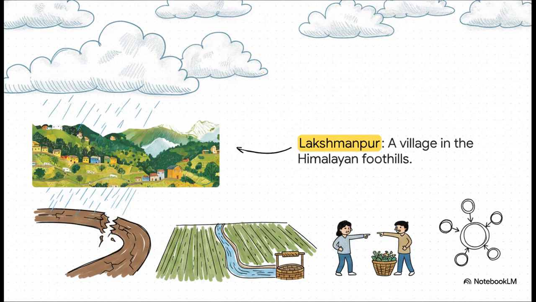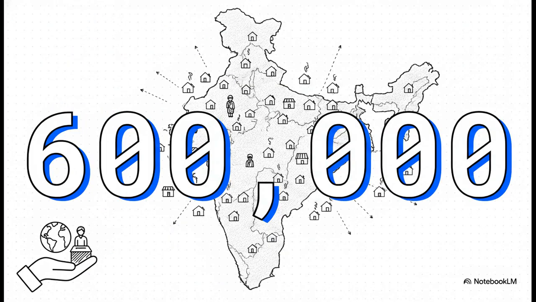Let's ground this in reality for a second. Picture a place like Lakshmanpur. It's a beautiful little village nestled up in the Himalayan foothills. We're talking about a tight-knit community of maybe 200 houses, a population of around 700 people, mostly farmers. Now, they face real daily issues that directly impact their lives. We're talking about repairing a main dirt road washed out by a storm, making sure there's enough water for the crops, or dealing with a dispute if someone's harvest gets stolen. They can't exactly pack up and run to the state or national capital to solve every single one of these problems, right?